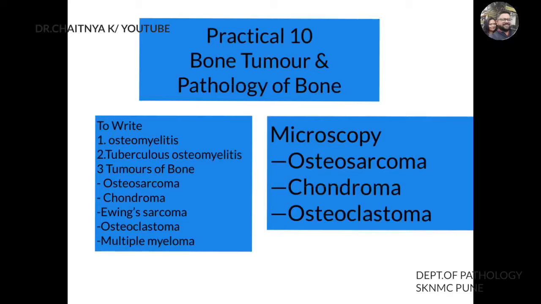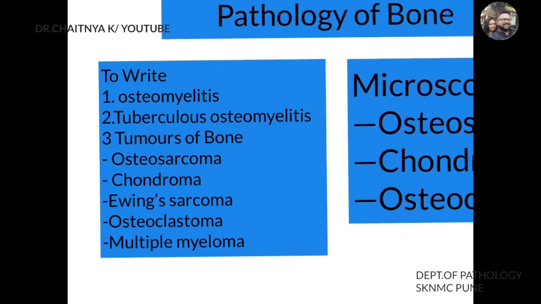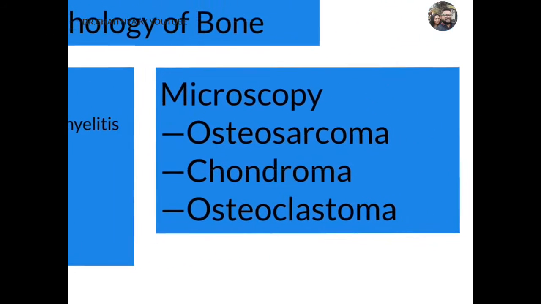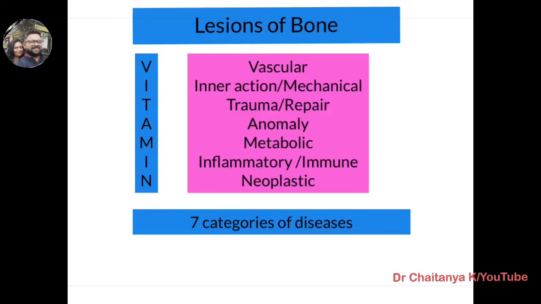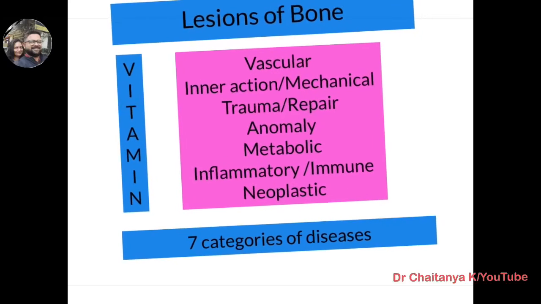So practical number 10 regarding the bone tumor and pathology of the bone. You are supposed to write down all these things in your record book, and you have to draw the microscopic figures of things. So coming to the lesions of the bone, the mnemonic is VITAMIN, which stands for